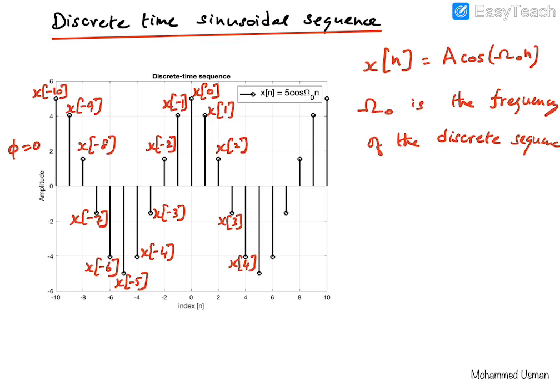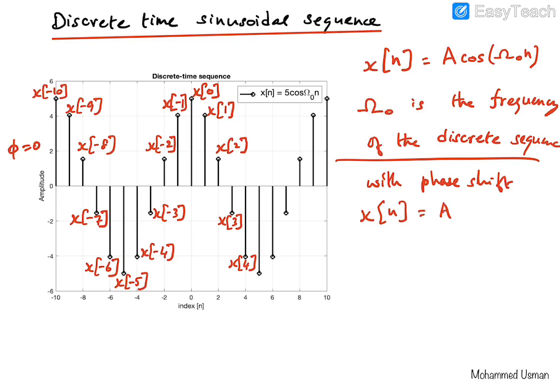And if you notice here, if we include a phase shift which is not 0, then we can denote this as x of n equals a cosine omega naught n plus some phase phi. Now what this phase shift would do, if it is not equal to 0, is basically going to shift this entire sequence to the left or to the right. I will be illustrating that in a subsequent lecture, but for now what you need to understand is that